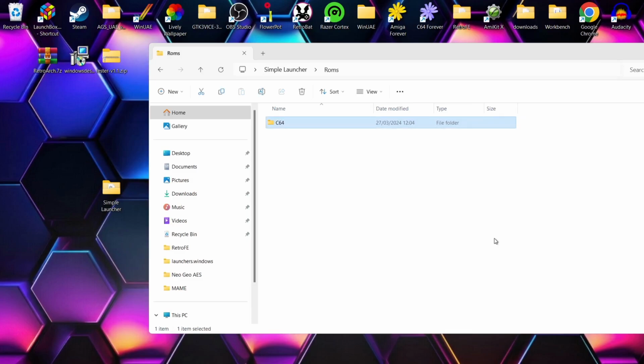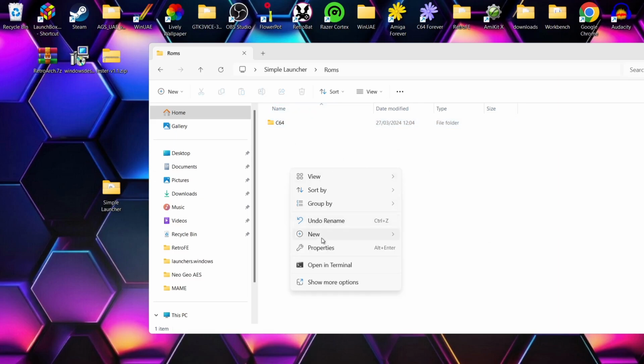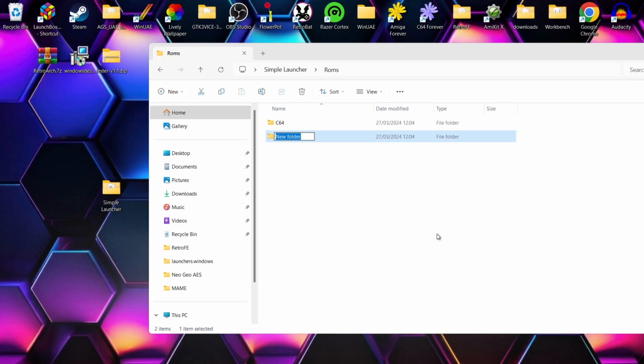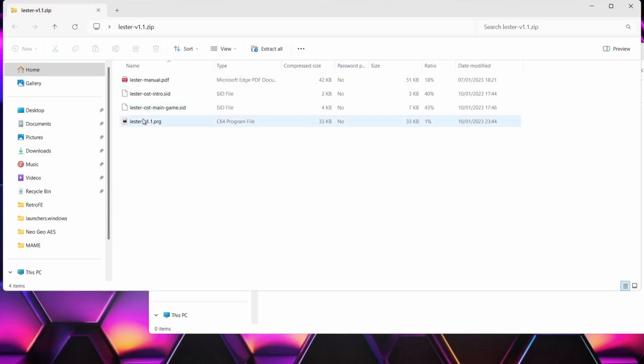Now if you want to set up different systems, for example Mega Drive, PlayStation, Super Nintendo, MAME or whatever, what you need to do, just for simplicity, just so everything's within a single folder, is just create your system folders in here. For example, I could click and go to create another folder called NES, but I'm not going to do NES for now. I'm going to stick with C64, and if I go in that C64 folder, I'm going to drag my Lester C64 game inside,